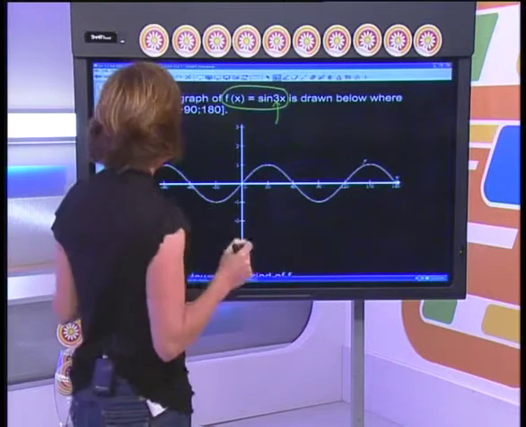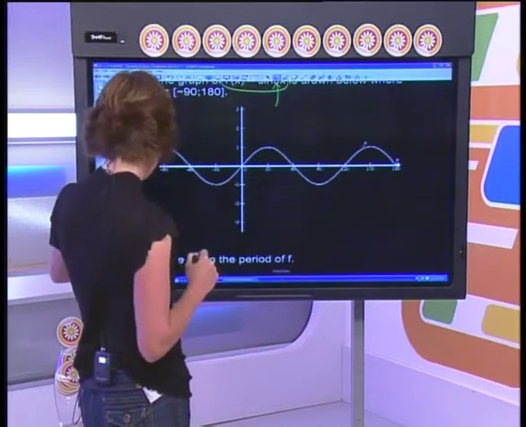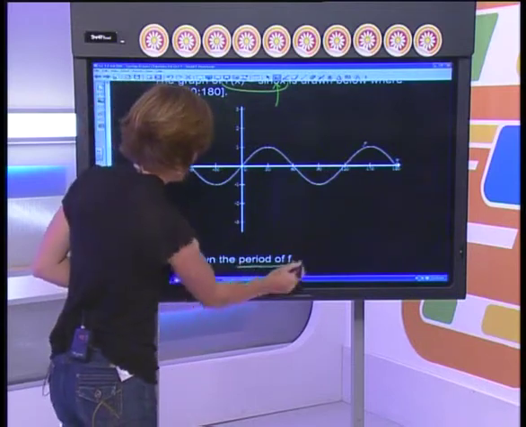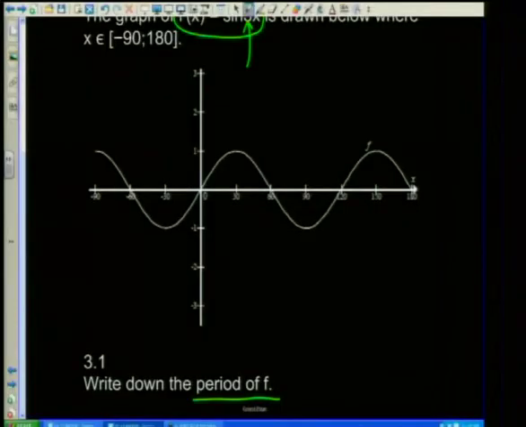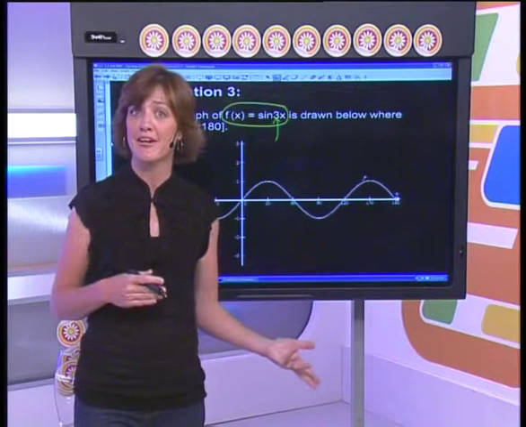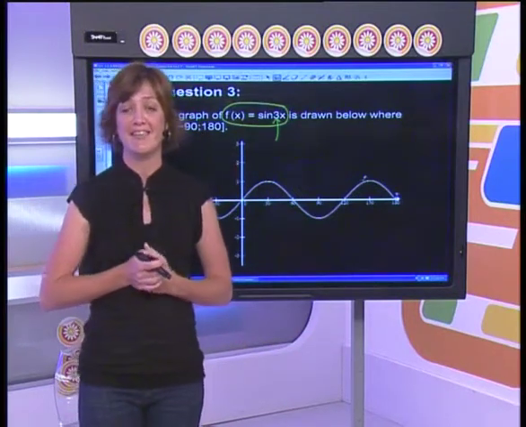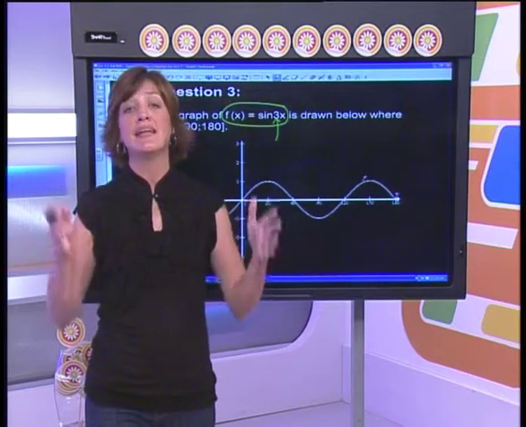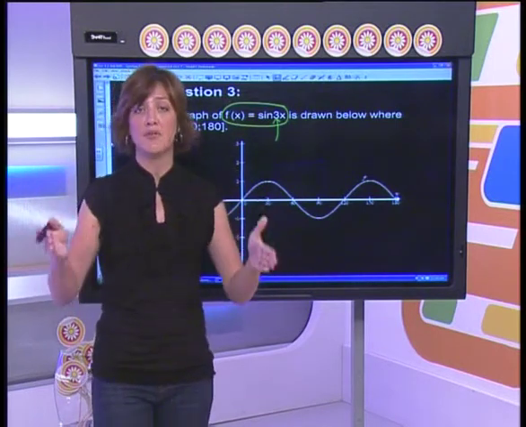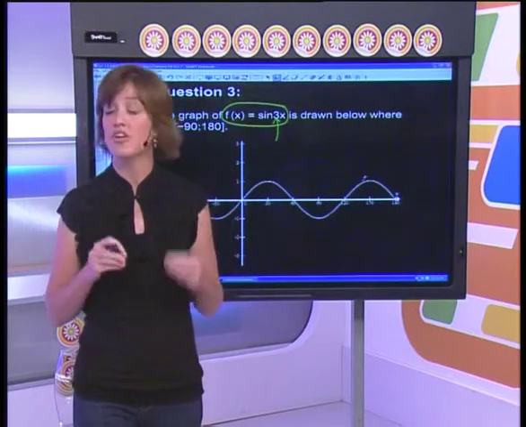Okay. So just to quickly give you a bit of background here, if the question said, and in fact I think that is exactly what the first question says, the period of f. All right, here is a fairly common mistake some people make. They say the period of f is 3, okay? And the reason you say that is because there's a 3 in front of that x over there. The period is how many degrees it takes to complete a full repetition of your graph, okay? So unfortunately, it is not 3, okay?